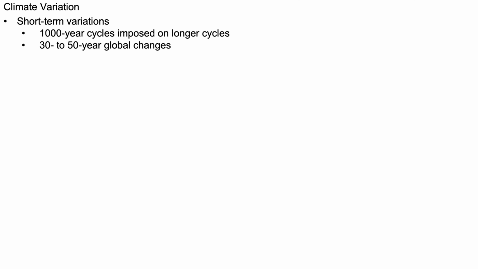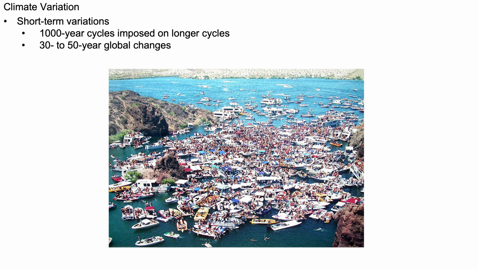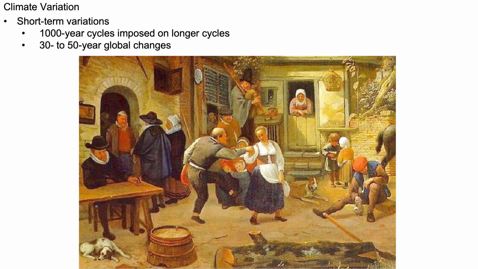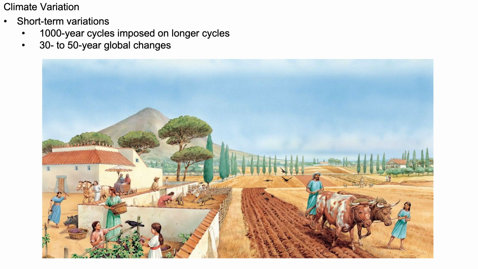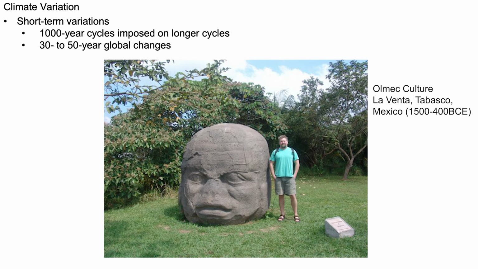We can look at shorter-term variations, 1,000-year cycles imposed on longer cycles. Now, in a very rough sense, we can look at the current time as being warm. We can look back 1,000 years to the medieval period, another warm period known as the medieval optimum or the medieval warm period. 1,000 years before that, we're in the Roman warm period. So at least the last 3 warm episodes in human history are about 1,000 years apart. Now going back to 1,000 years BC or BCE, there's potential for a relative warm period at that time as well. So we need to consider those. We don't know them as well as the big ones, but they are important, obviously, for human history.